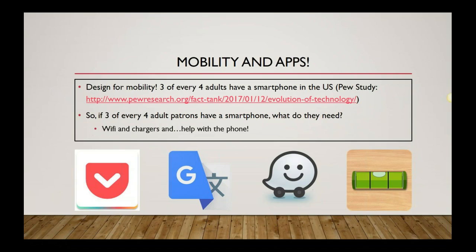Waze is a nice alternative to Google Maps. Waze is a crowdsourced GPS mapping tool that tells you when there are accidents ahead or when there's construction ahead, or what the best route is when you're driving. It also tells you about different police that might be out and about, which is a pretty interesting way to find out where there might be speed traps.